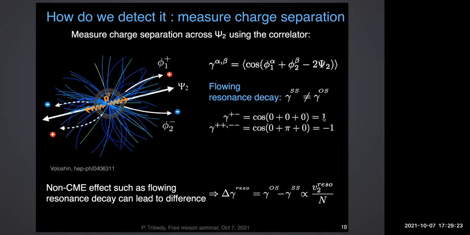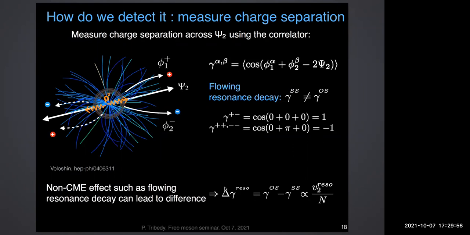It will be 0, 0, 0. You have 1 here. Now, most likely combinatorics will tell you that for two positive particles, if one is at 0, the other will be at pi. So again, this will give you minus 1. Now you have a situation that is indistinguishable from what I said before, which is the scenario of the chiral magnetic effect. So the delta gamma now is a fake signal; with the same observable in the experiment, you will not be able